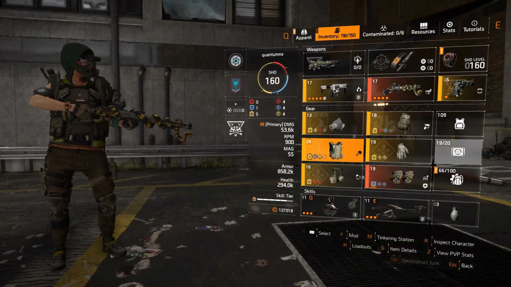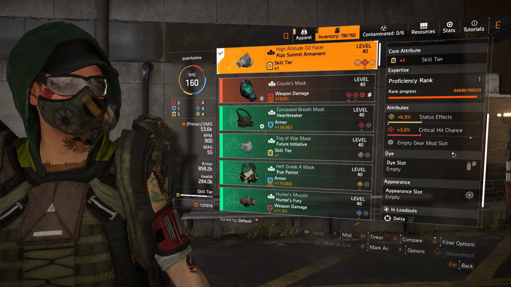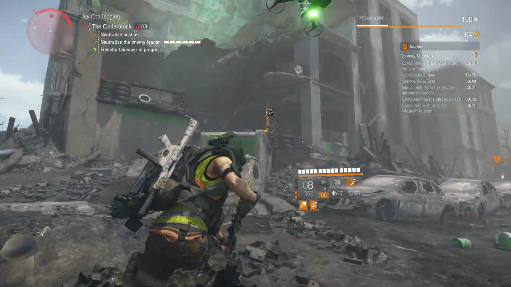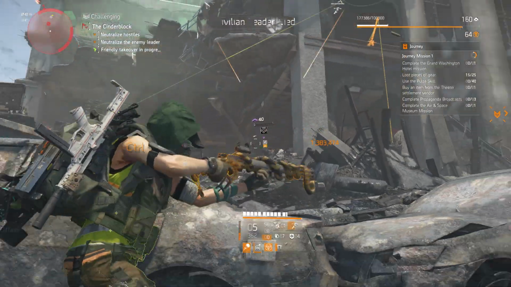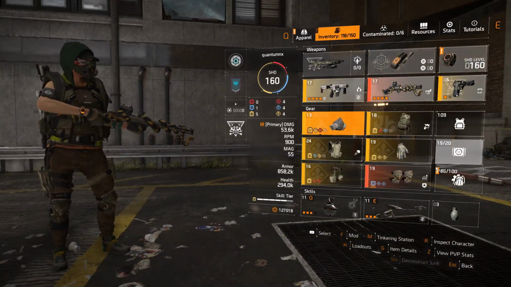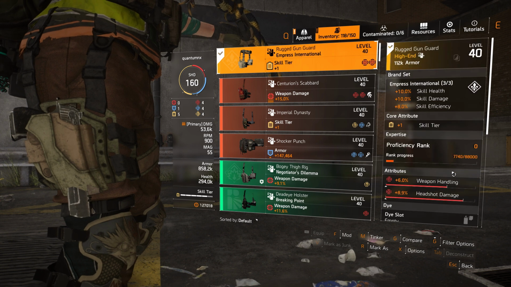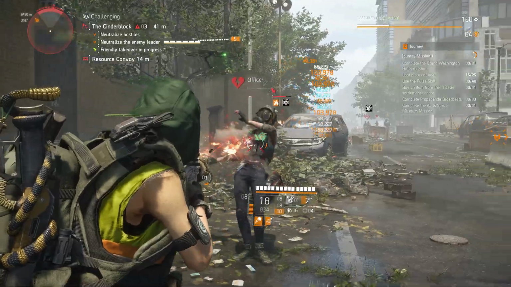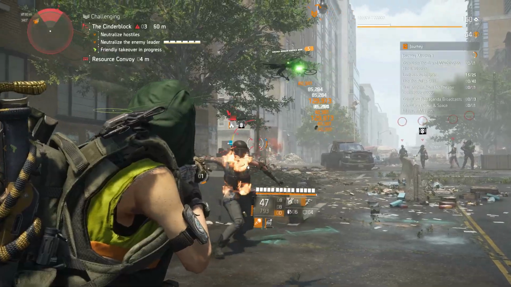I am using a mask, High Altitude O2 Phaser, from which I am getting skill tier +1 in core attribute and 3% critical hit chance and 6.9% status effect in normal attributes. On the other hand, I am using the Empress International brand set Rugged Gun Guard, from which I am getting the benefits of skill tier +1 and the brand set in core attribute, and in its normal attributes 6% weapon handling